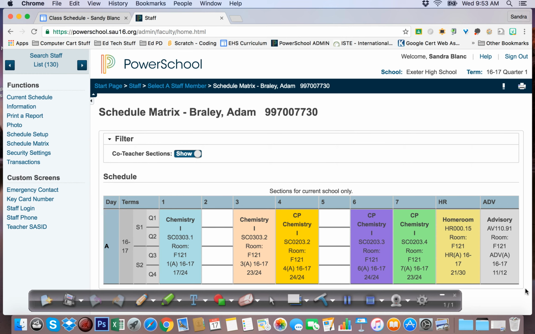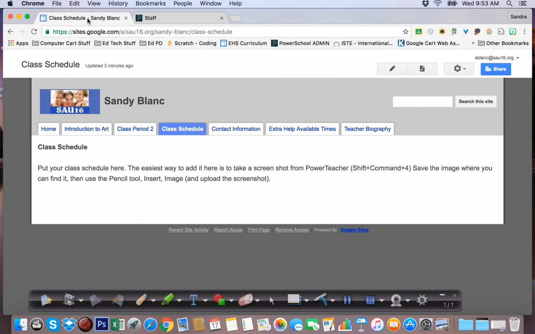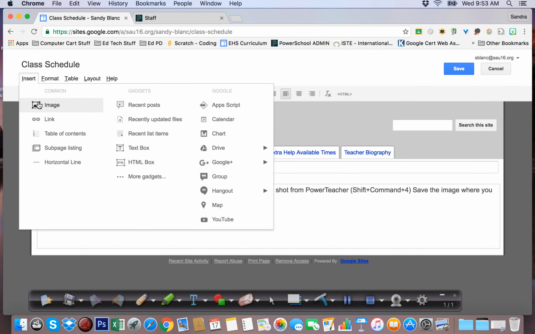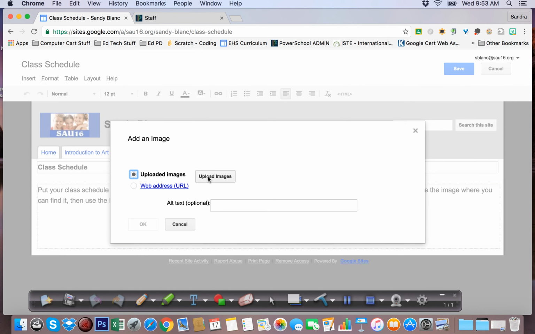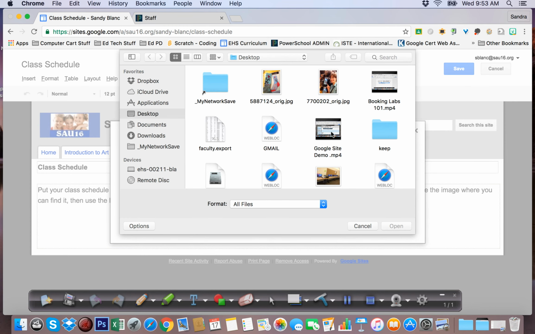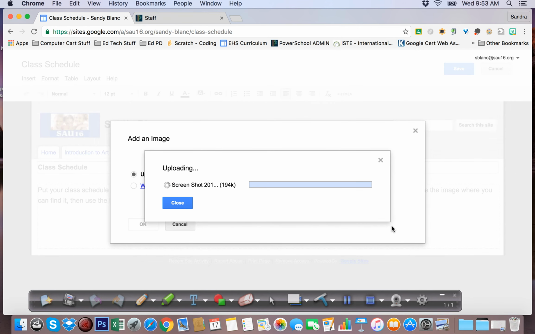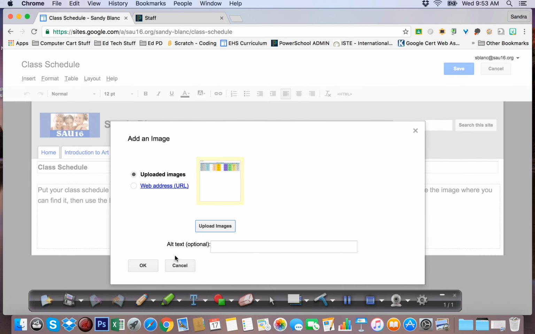It will take a screenshot. And then what we can do after we take the screenshot is we can go to the pencil to edit the page, insert, image, and my image should be on the desktop if I did that correctly. So I can go right down here and open up that screenshot,